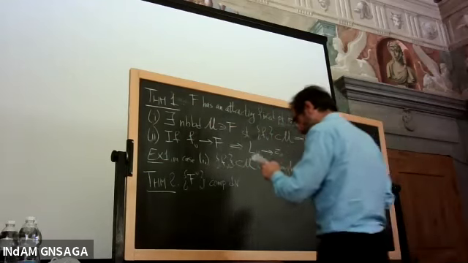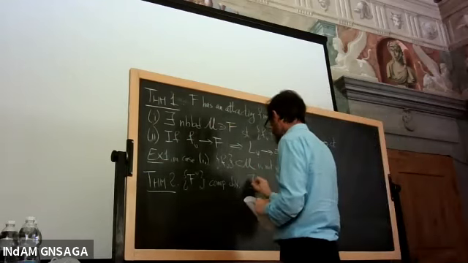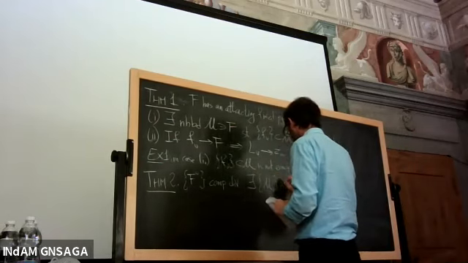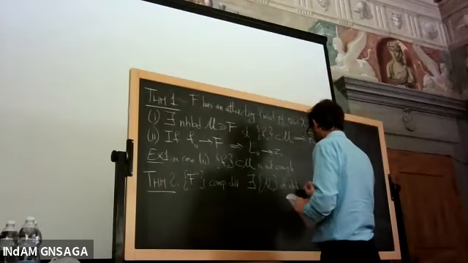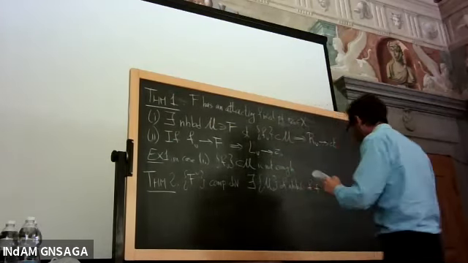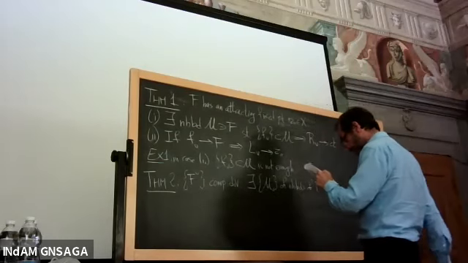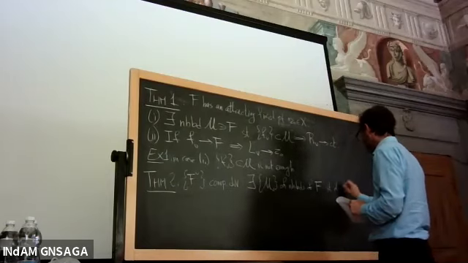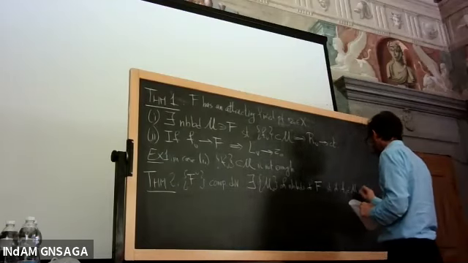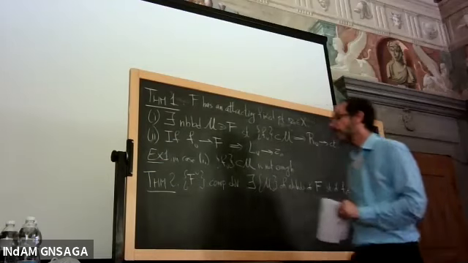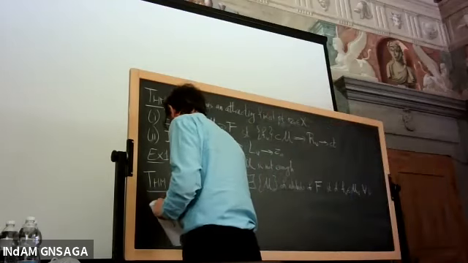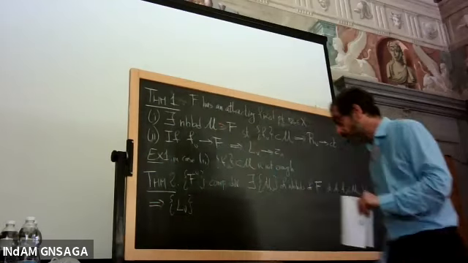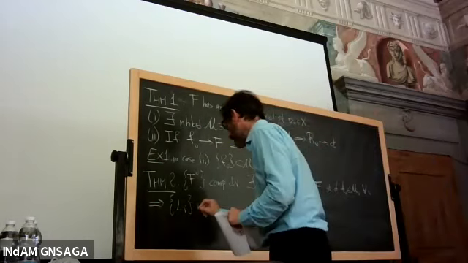More precisely, there exists a sequence U nu of neighborhoods of F, of capital F, such that if F nu belongs to U nu rho nu, then the left composition sequence is compatible with each other.